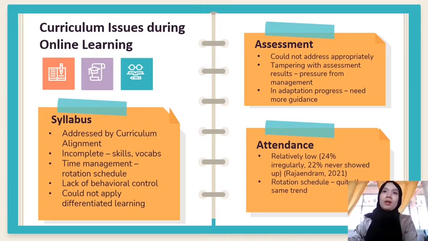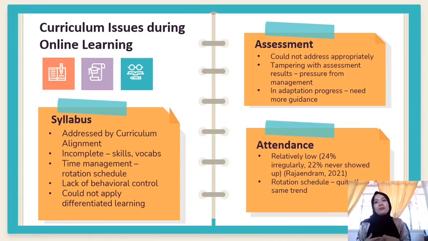The next issue is on assessment. Lack of assessment effectiveness had been done during the online PDPR or rotation system due to the unstable attendance and students' learning problems. As if that is not enough, a lot of teachers also claim to be pressured unnecessarily by the higher-up management to tamper with the students' assessment results in order to keep the school or institution or the district's positive image in the eyes of others. This has caused another integrity issue, for there is a lack of objectivity and honesty in the line of work.